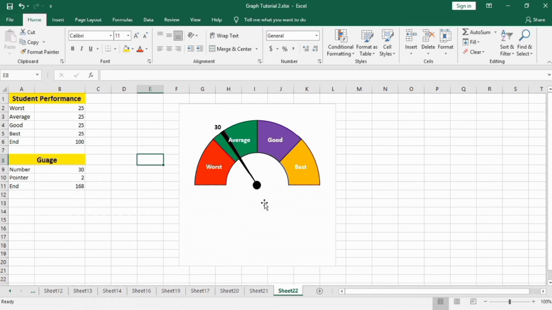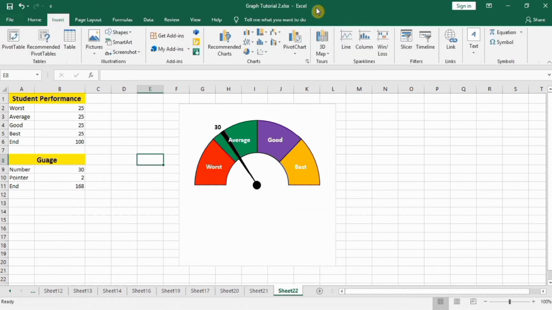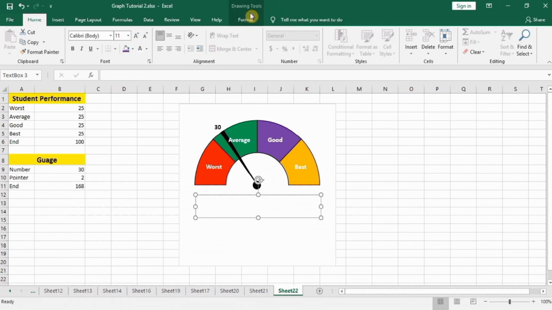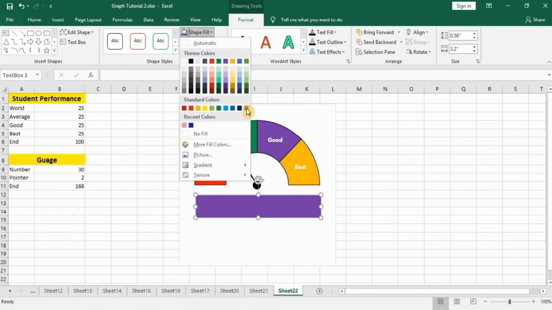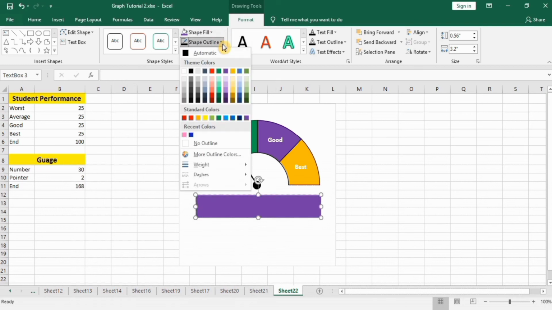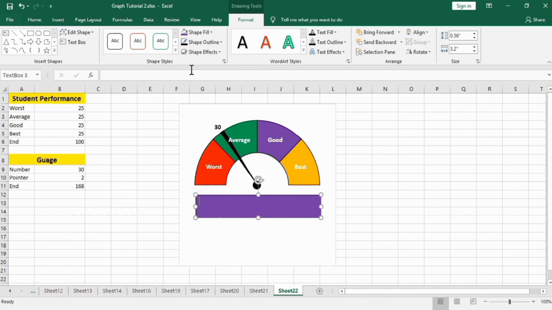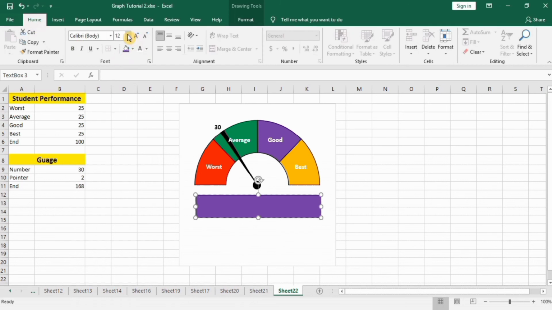And if you want to write something here, go to insert tab and in text option select text box. Insert text box here, and from format select shape fill as this one and shape outline black, and go to home and select 20 and write your text here.